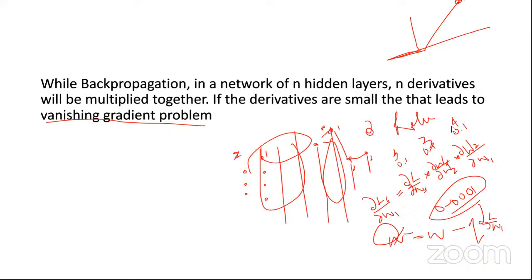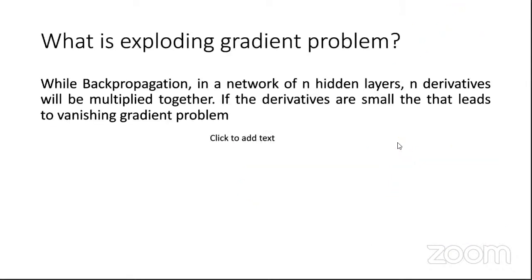What happens if we multiply 4 into 3? Some value 12. 12 into 3, 36. If we are taking just small numbers and getting a huge number, then what happens? The values will be raised very high. This value will be increasing too much, so this kind of problem is called the exploding gradient problem. See, in back propagation,